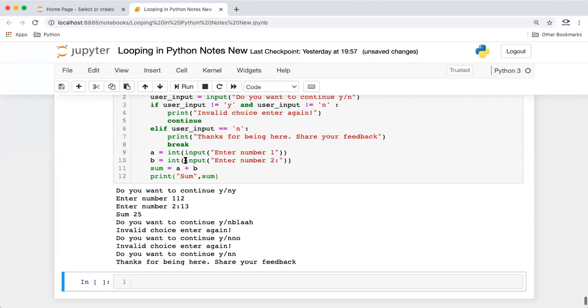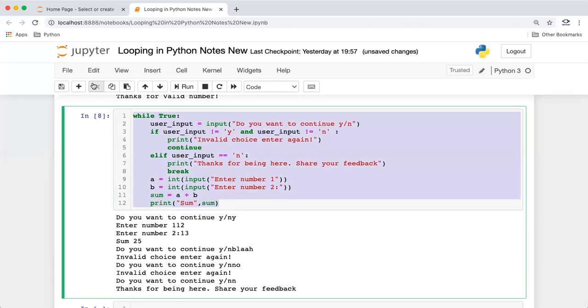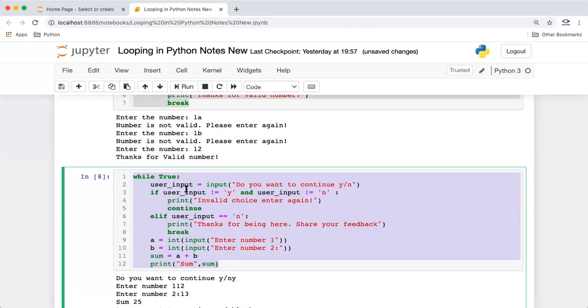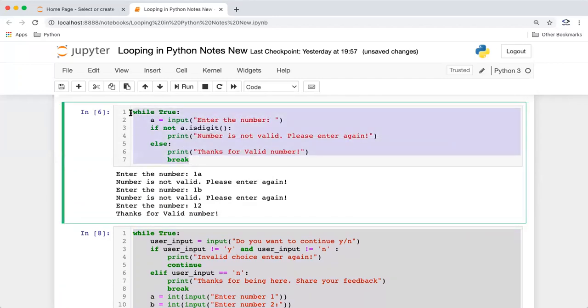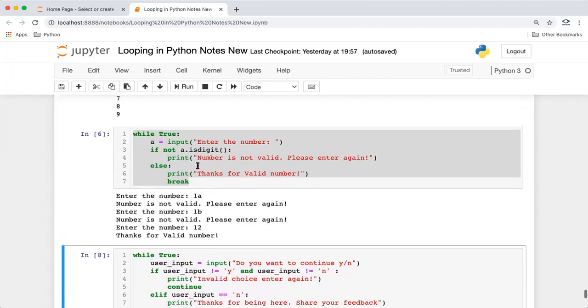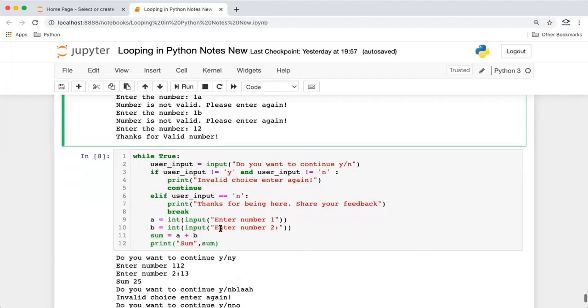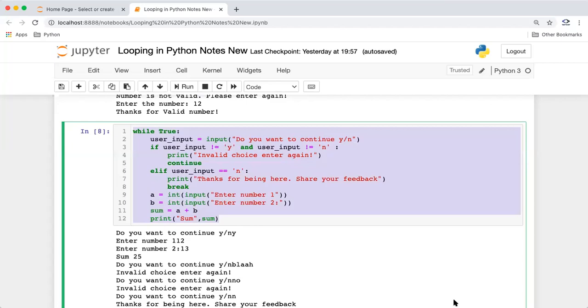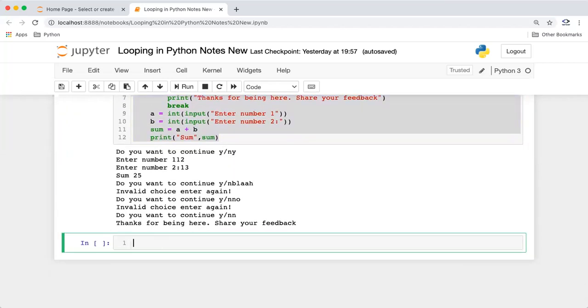So yeah, guys, this is a good example of taking multiple inputs or continuous inputs from a user, right? And this is also an example of when we are asking for user input again if the input is invalid. I think someone was asking about this case earlier also. And this is an example of a while loop. Okay, guys. So I think this is what we have in while loop.